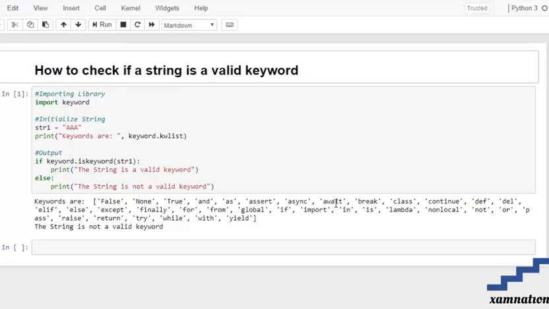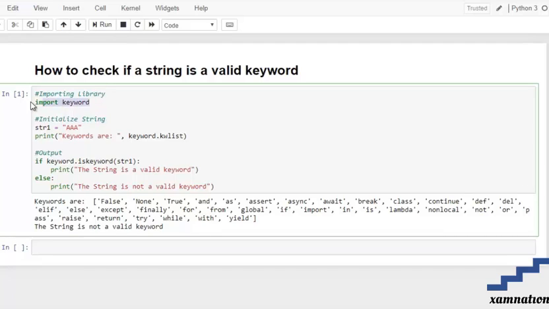Today's topic is how to check if a given string is a valid keyword or not. So first we are going to import our library, that is, we are going to import keyword, and after that we are going to initialize our string in which we are going to check whether our string is a keyword or not. So first I have printed all of the keywords list over here which are in Python,